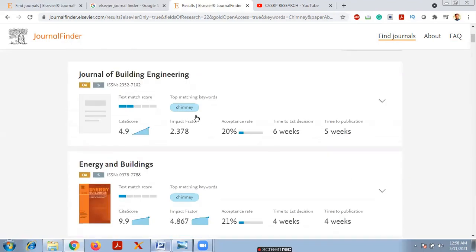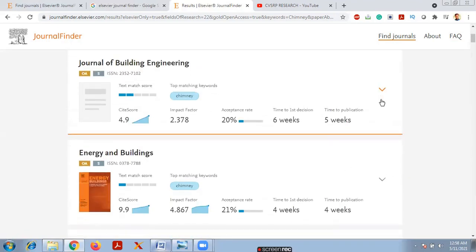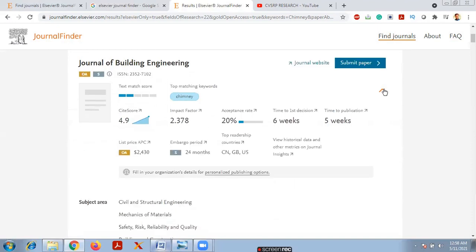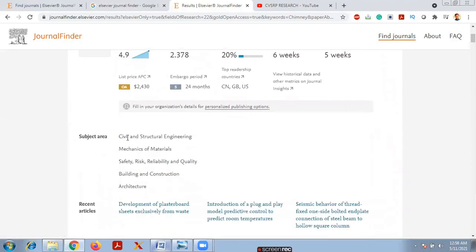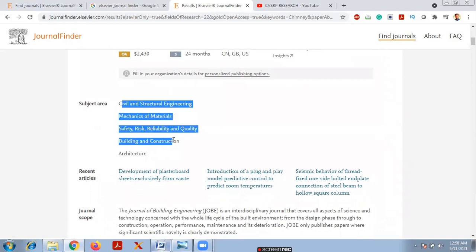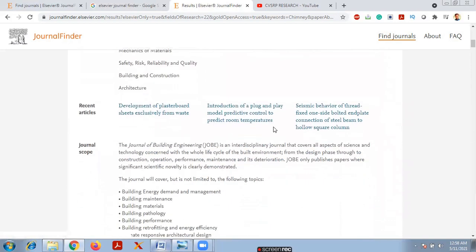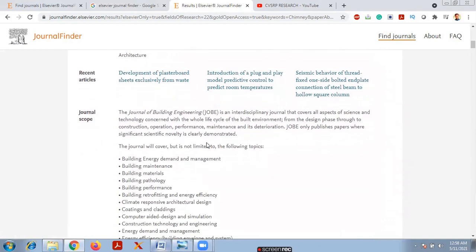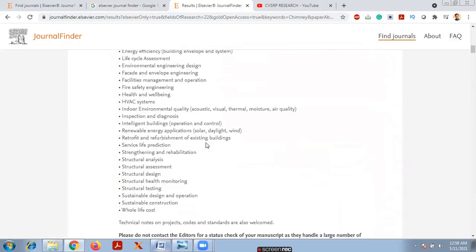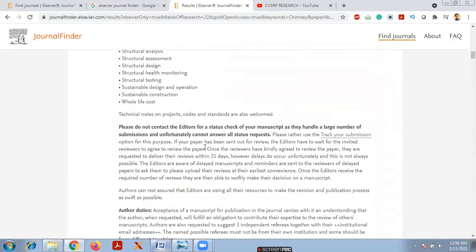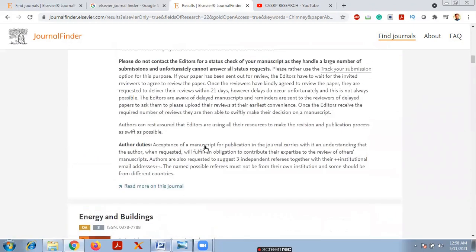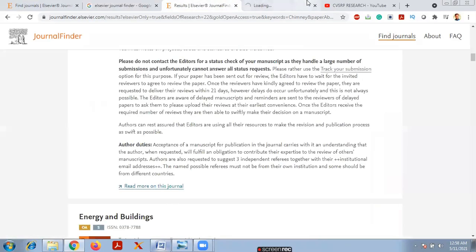For suppose if I choose this one, simply I will click on this one. Like this, you will find the subject area and also recent articles and journal scope. What is the scope of this journal? It is showing all the things. If you want to read more on this journal and you simply click on this one, it will redirect to the journal homepage.